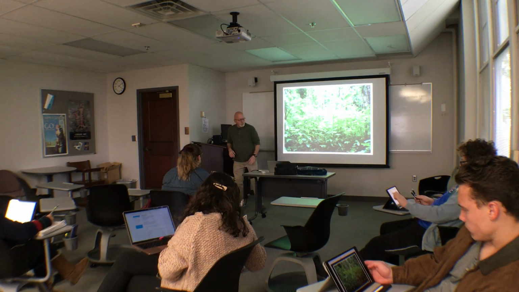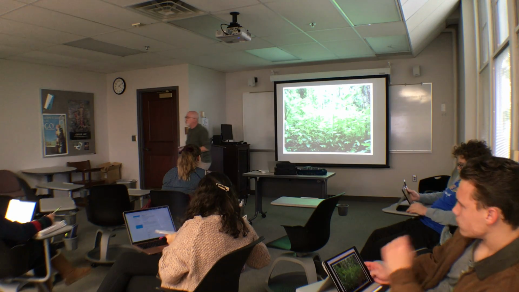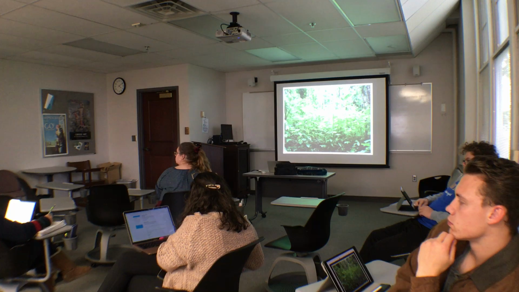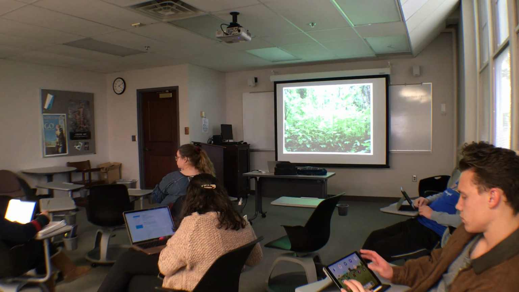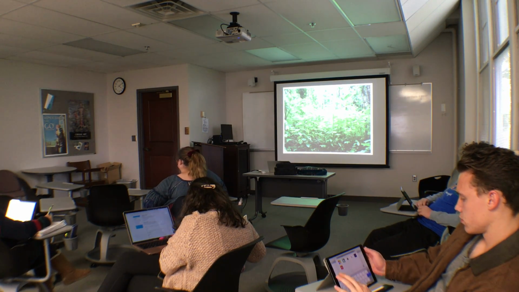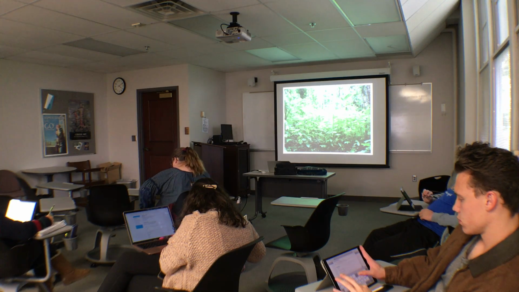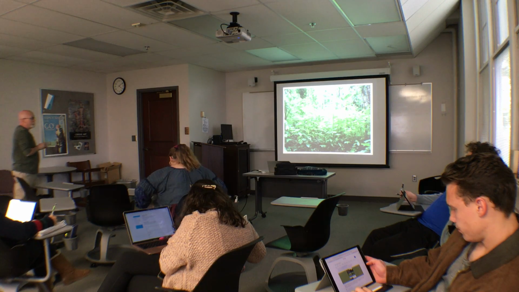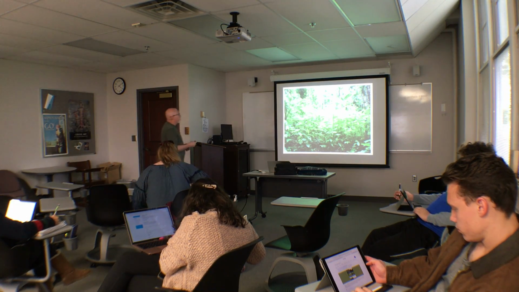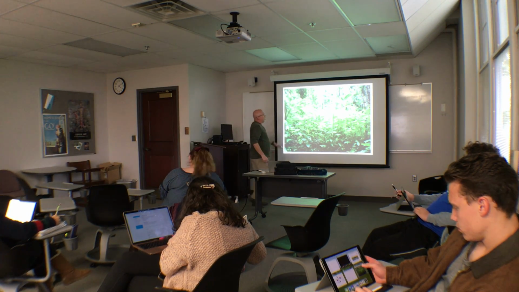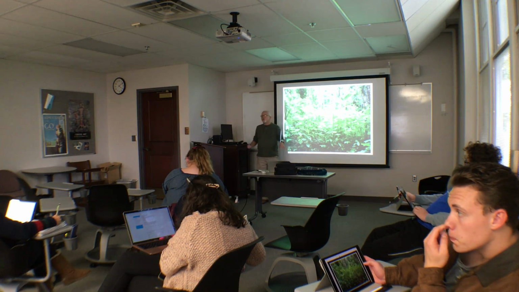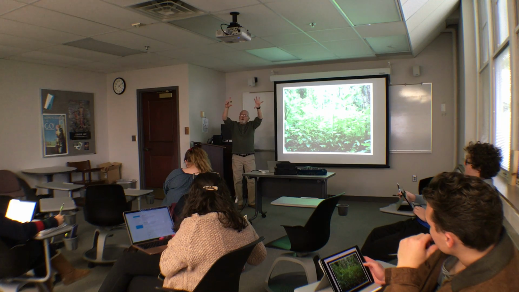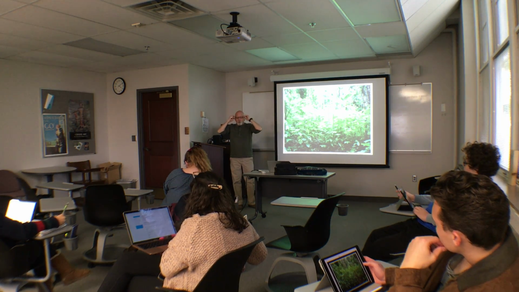Cecropia is an early successional species. What do we mean when we say early successional? Successional basically means that it's one of the first species to appear after a disturbance. And in this case, when we're talking about hurricane disturbance, those of you who have been to my office might have seen hanging up on my wall a Cecropia leaf, an old brown Cecropia leaf that I brought back from Puerto Rico.